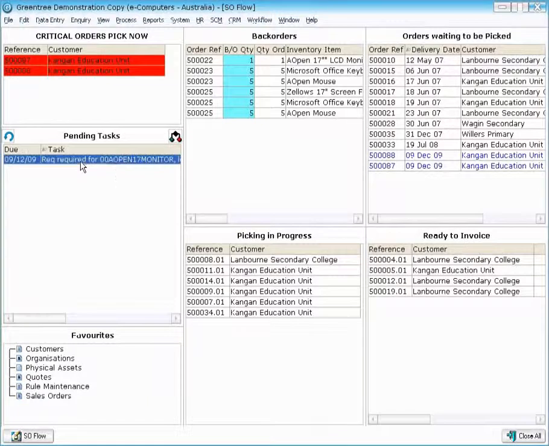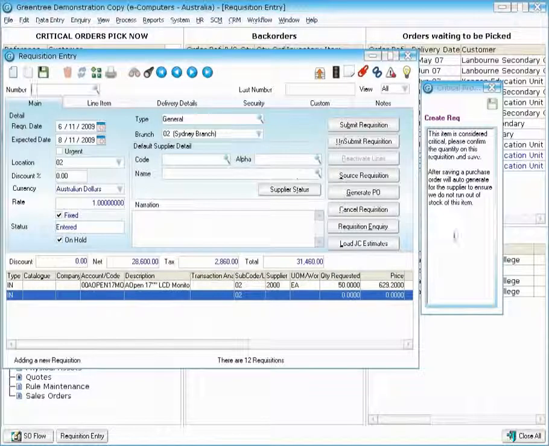So the purchasing manager would double click into that, and it's actually telling him what's happened. This item is considered critical. Please confirm the quantity on this requisition and save. After saving, a purchase order will automatically be generated for the supplier to ensure we do not run out of stock of this item. So we have enough stock for the order that's just come in for that customer, but